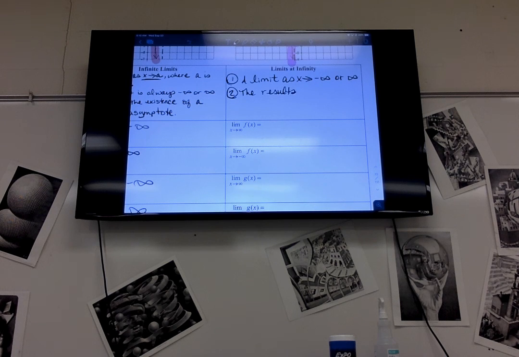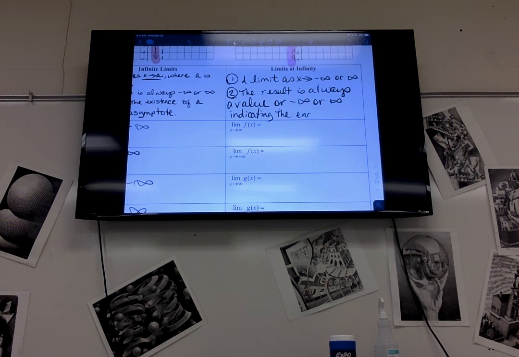And the result is always a value or negative infinity or positive infinity, basically indicating